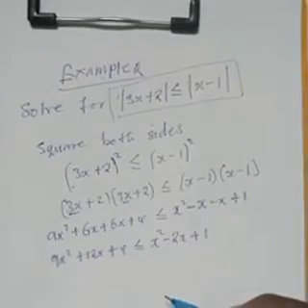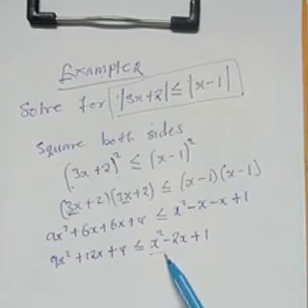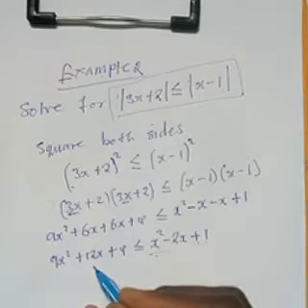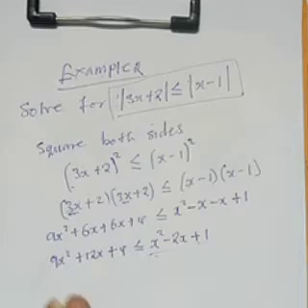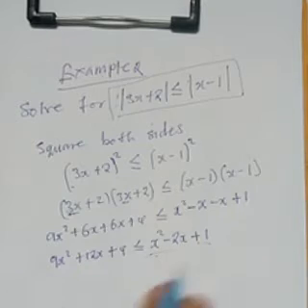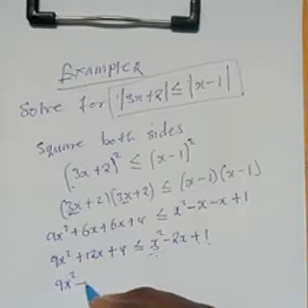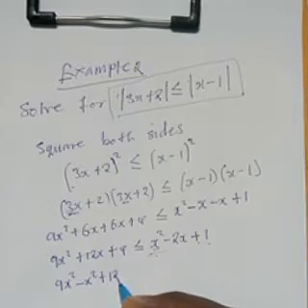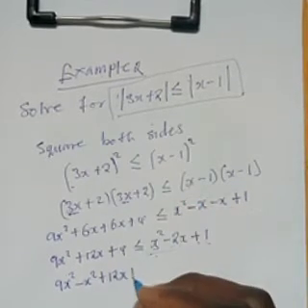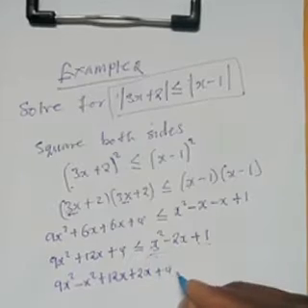Please, if you reach this point, guys, make these numbers move to the other side. So here what I'll do, I'll put 0 here, then less than or equal to. Just move these numbers to the other side. As simple as that, the job is done. We're going to have 9x square. If you take this to this side, you're going to get negative x square plus 12. Remember, we are adding the corresponding terms. Then negative 2x, you take it that side, you're going to have 2x. Here you write plus 4. If you take this to the other side,